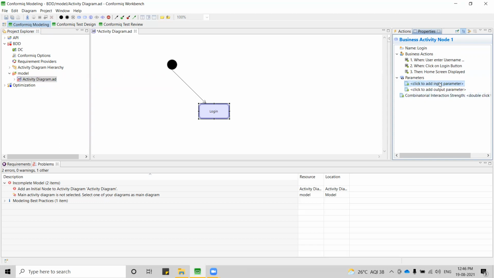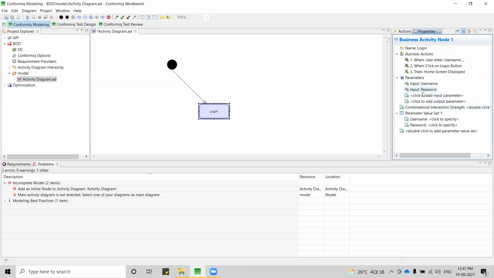If you are using any input parameters, for sure they need to be referred to in one of the when statements. And if you are using any output parameters, it is mandatory that you always use them in any of the then statements that are there in the business actions. So let me add username as my parameter here, and one more parameter, password.